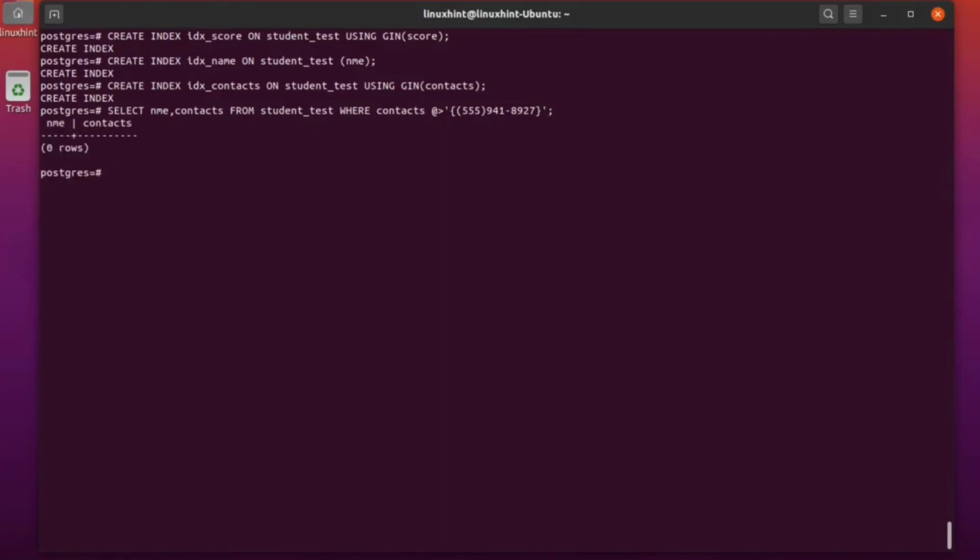In the absence of a GIN index, a sequential scan is performed that looks through all the contents of a table before returning the right student. To find out a specific score using a multi-dimensional array is quite tough. Now if I try to search for a score greater than 97,